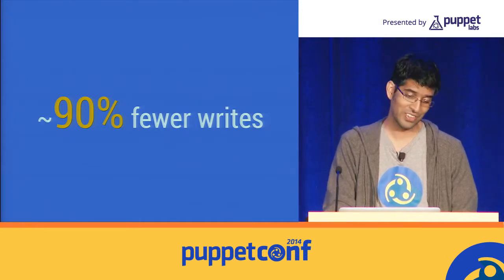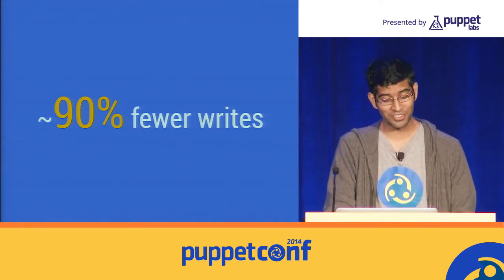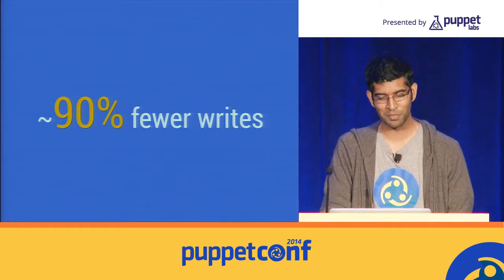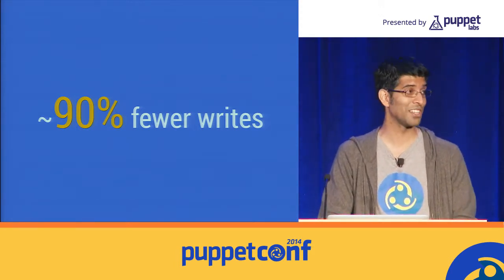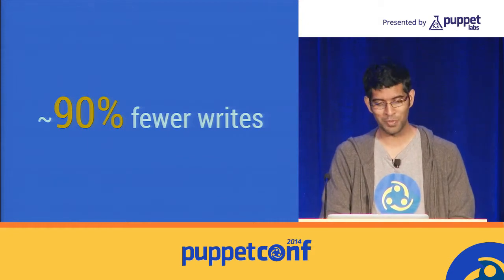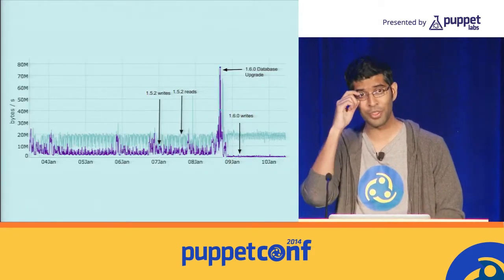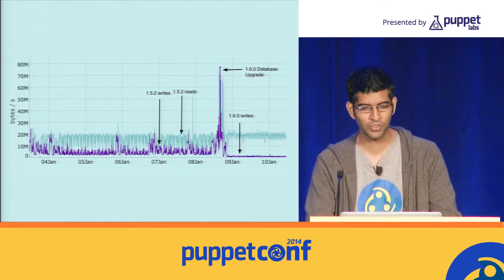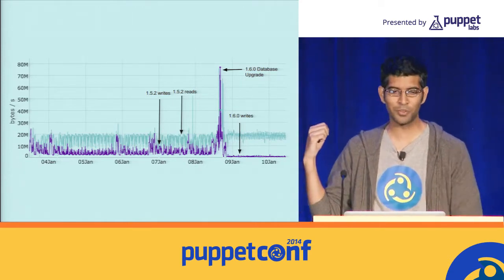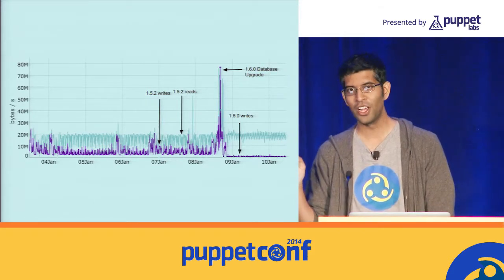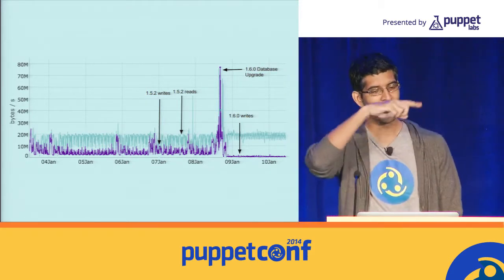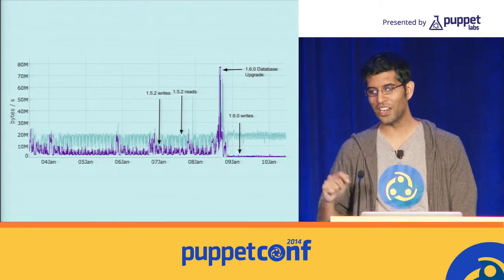And in the field, what we've seen is basically, after we implemented this, and by we, I mean, I think it was mostly Ryan and Ken that implemented this, we've seen anywhere around like a 90% drop in writes, which is pretty amazing. This was a graph that the Spotify folks actually gave us. And you can kind of see reads and writes that are plotted on here. So you can kind of see the load that was on the system beforehand, and then all of a sudden,